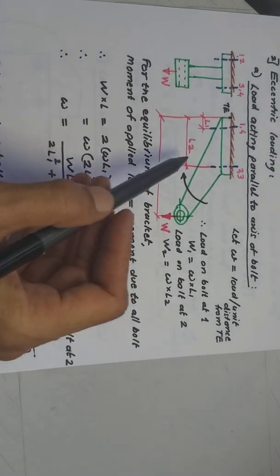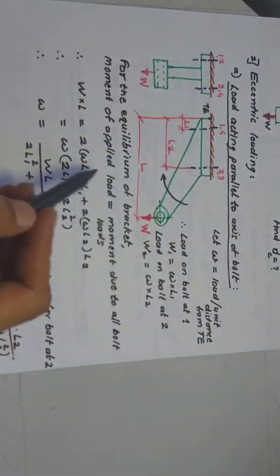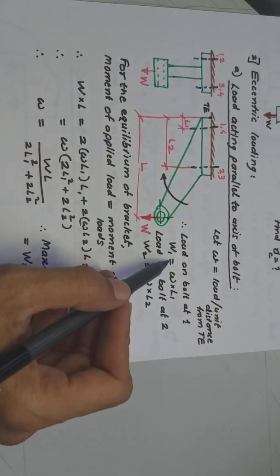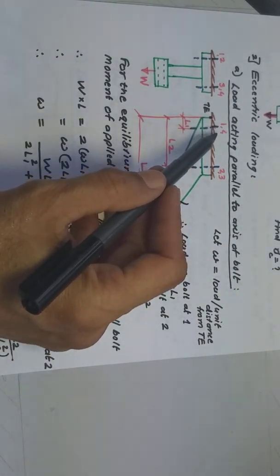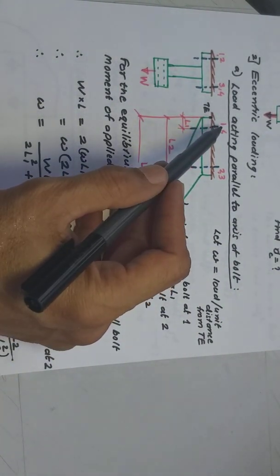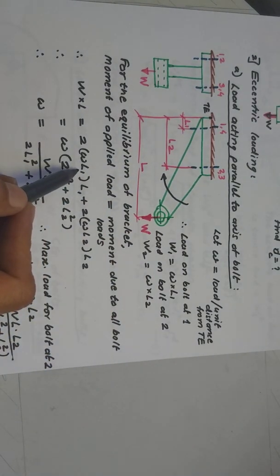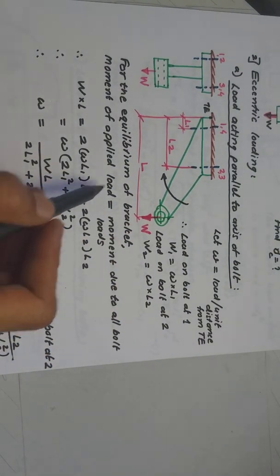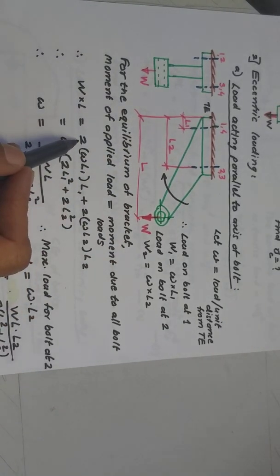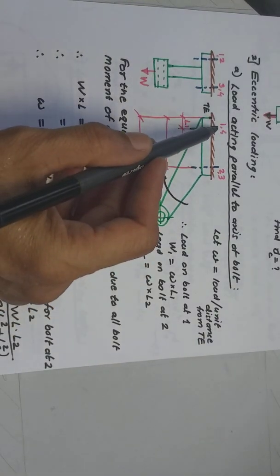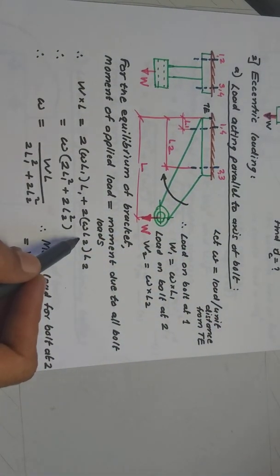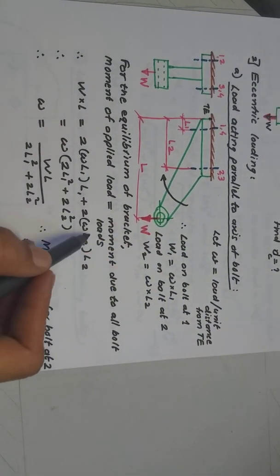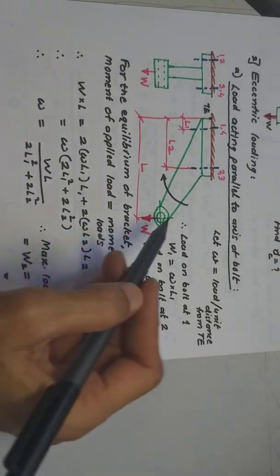What is W into L1? Small w into L1 is the force. As you can see here, this is the force on bolt at 1. There is one more bolt at this distance, that is bolt number 4. So these 2 bolts are providing moment in the opposite direction. So that is w into L1, that is capital W1, times L1, the distance, which gives the moment, and there are 2 such bolts, 1 and 4. Therefore this is the moment that is created by these 2 bolts. Similarly, this is the moment created by the other 2 bolts, because they are at a distance of L2, and the force into distance, 2 times, is the moment offered by these 2 bolts.